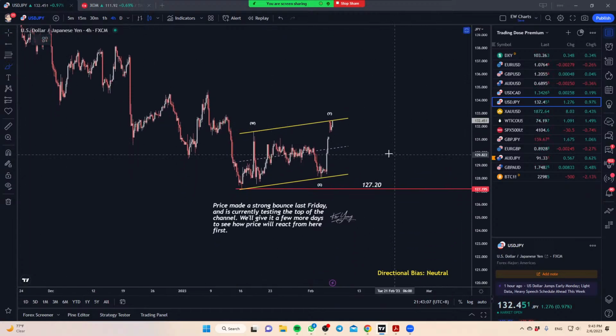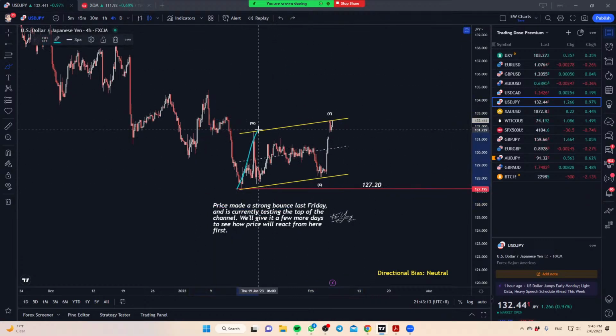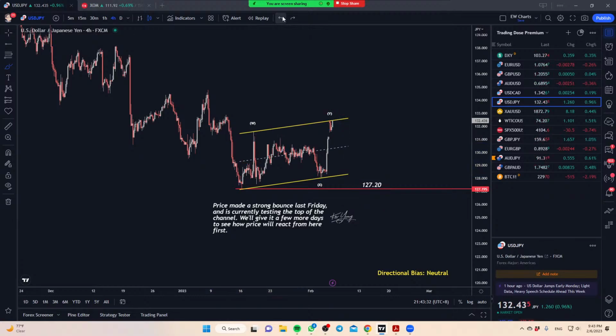There are mainly two ways to look at dollar yen, right? First is, of course, what I've drawn. Essentially, this is a three-wave structure. The market's kind of testing the top of this channel here. It hasn't really broken out yet. So I'm maintaining a neutral perspective because there's a good chance this might still come back and retest that low, especially as this is still within that channel itself. That's the first possibility of how it can happen.